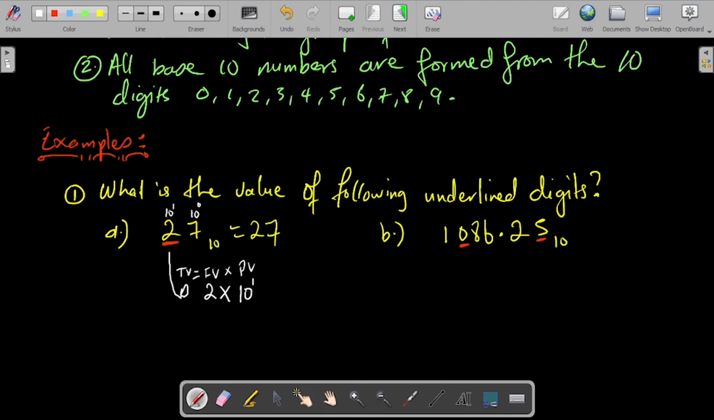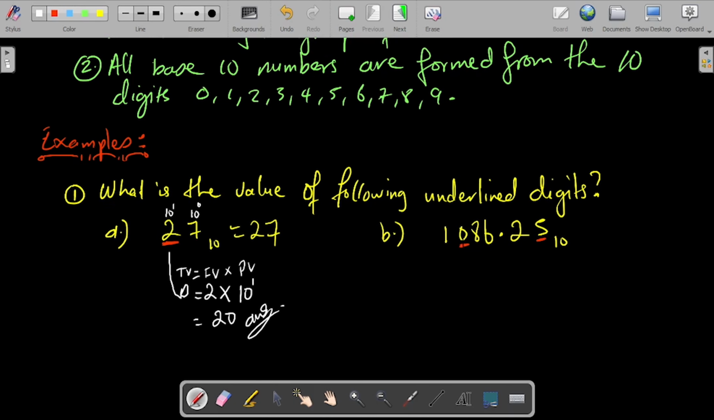So face value times place value would be the total value, right? So we're still using that little equation there. So 2 times 10, right? Because 10 to the power of 1 is 10. So 2 times 10 is 20. So the total value, or the value of the 2 in 27 base 10, is 20. For part B, we have